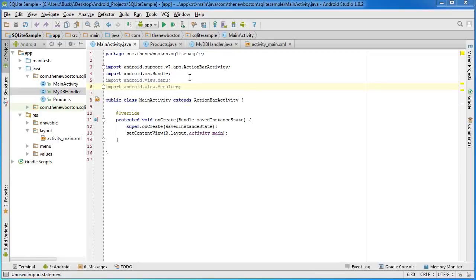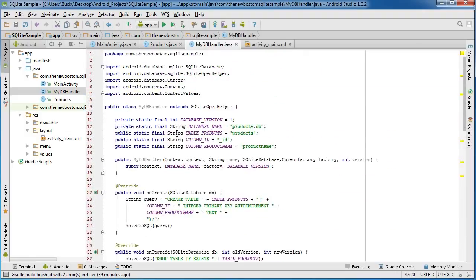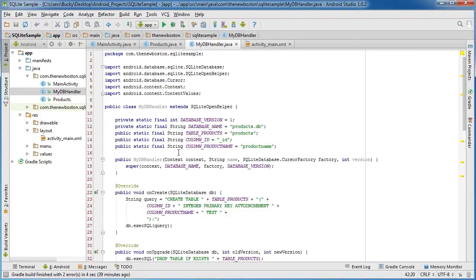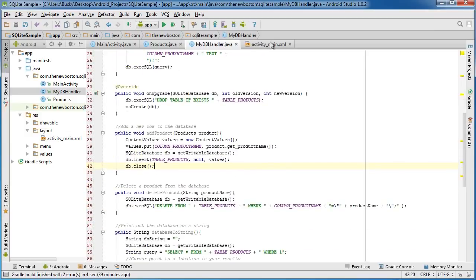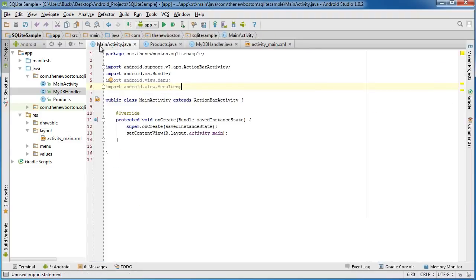Alright guys, so finally we get to the easy part. Now that we're done typing all the hard code, the background functionality to pretty much make our app work with the SQL database, what we can do is just say, okay, this is the button to add a product, this is the button to delete a product. We essentially just need to hook up our interface with the code, simple enough, and we do that through main